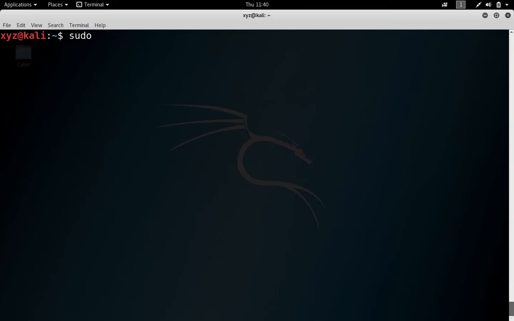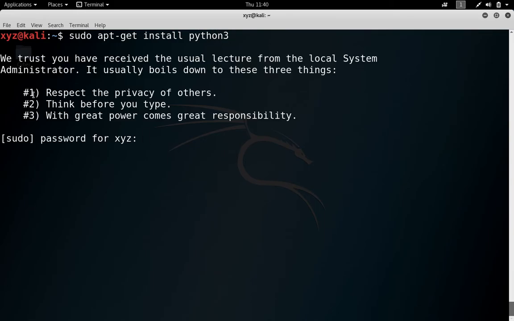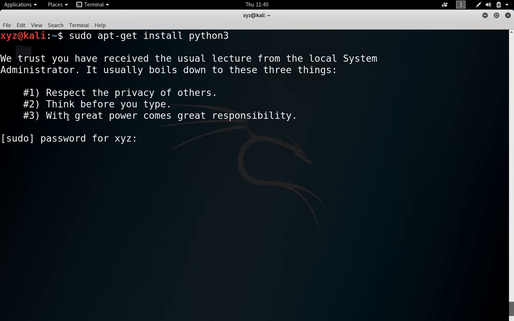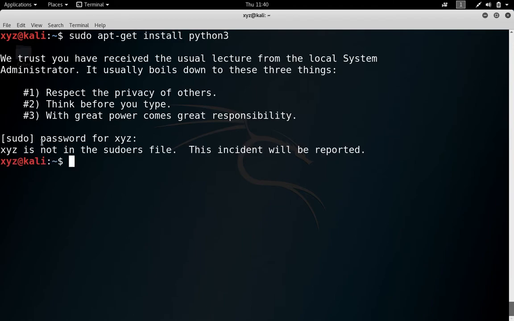Now try to install something. Sudo apt-get install python3, and now see this. We trust you have received the usual lecture from the local system administrator. It usually boils down to these three things: respect the privacy of others, think before you type, and with great power comes great responsibility. Now it's asking me for a password, and now I have entered my password because it asked for it, right?